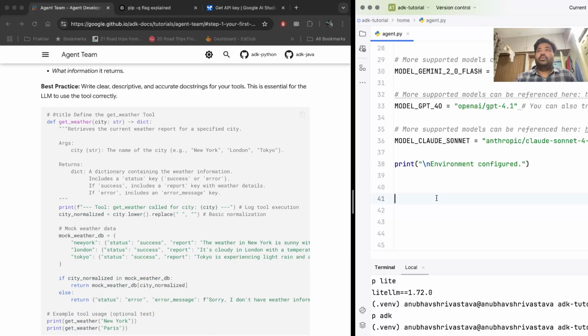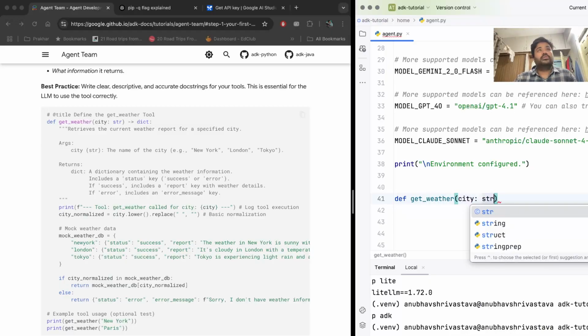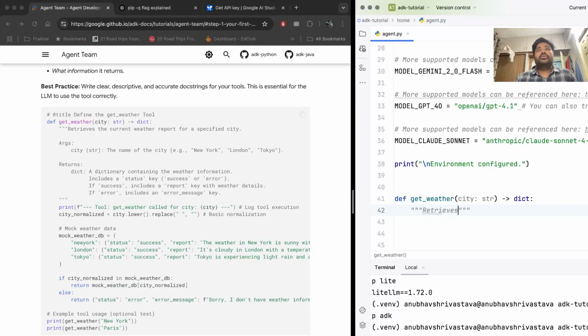So this is, we are writing a tool here, right? Def get weather city str, date. Okay, doc string: retrieves the current weather report. Okay, for